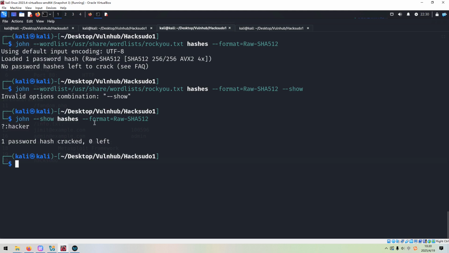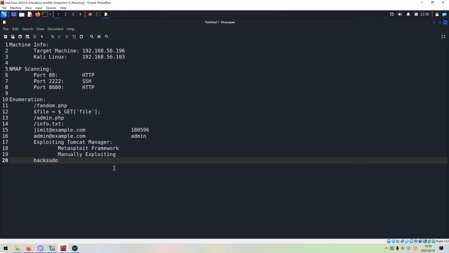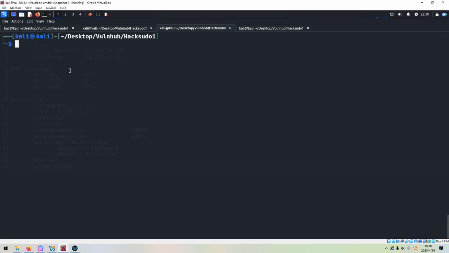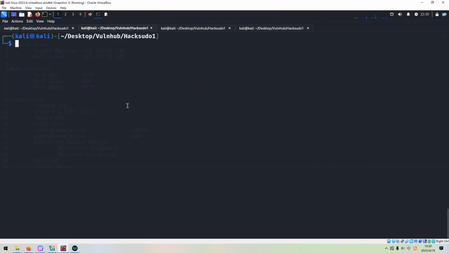So now we can SSH to the target, because we have already got the password and the username hacker. But before we proceed, I'd like to show you how to take a manual approach to get a foothold on the target. So now let me exit from the Metasploit framework. Now I'd like to manually exploit this